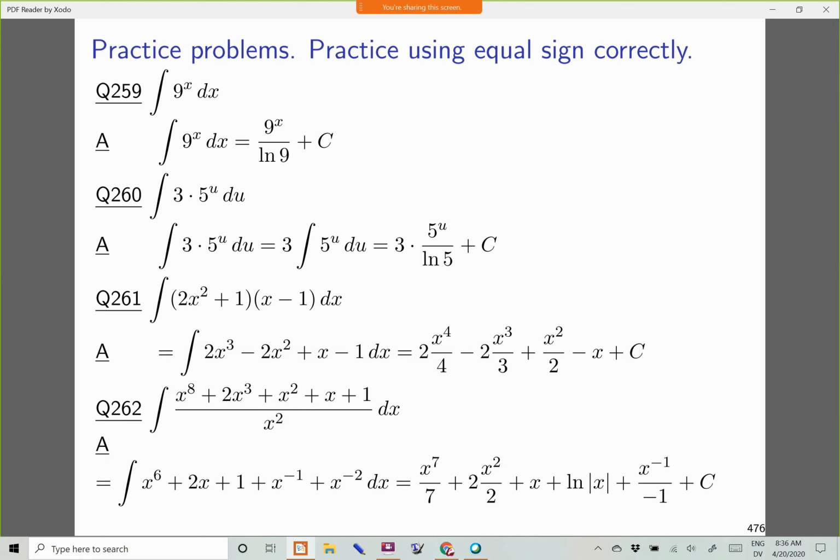absolute value of x. The antiderivative of x to the negative 2, this one sometimes tends to get people, but you've got to remember, when you're undoing a derivative, instead of lowering the exponent, you have to raise the exponent by 1. So when you do this exponent of negative 2, if you add 1 to it, you end up with negative 1 as the exponent, and then normally you have to divide by that new exponent, negative 1. And having done all our antiderivatives, there's still this plus c.